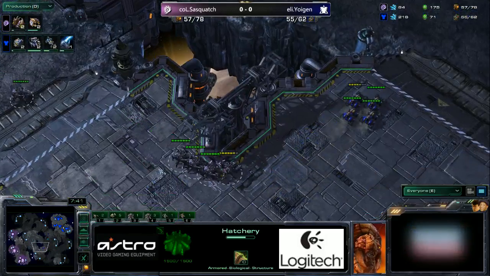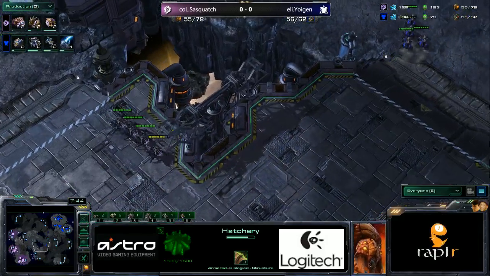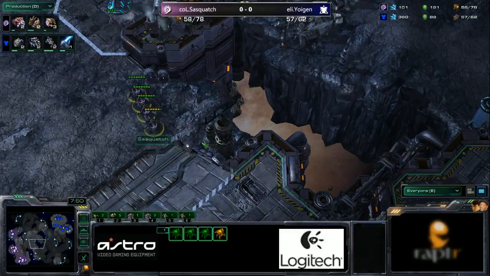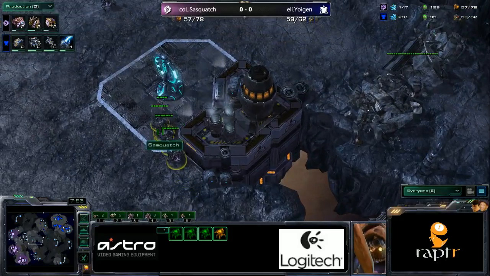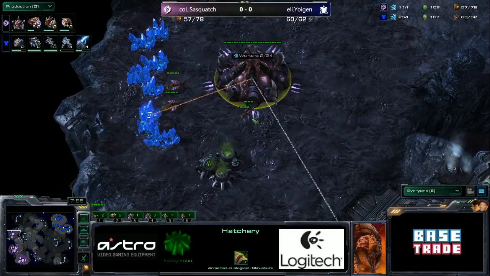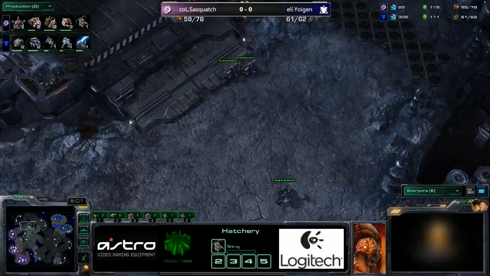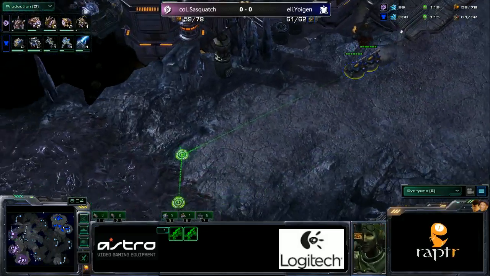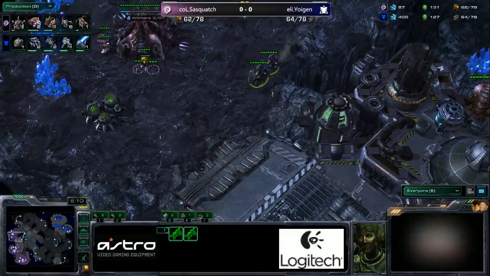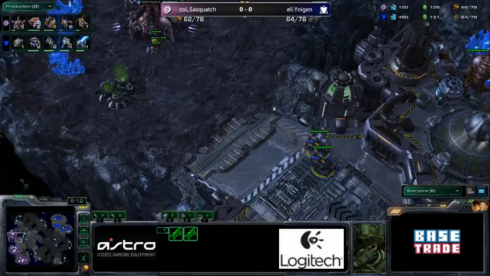I'm pretty sure that Sasquatch just wants to use these to try and say, you know what, please don't go all too greedy on me, or I'll just freaking kill you. But mainly he wants to use these to try and prevent the Hellions from doing all that much damage to this third base. Yeah, quite frankly, when I saw the early factory, I was thinking maybe Yoigen was going for Thors because he knew that Mutalisks would be on the field because it's Sasquatch, but I like his choice to just go with some heavy...